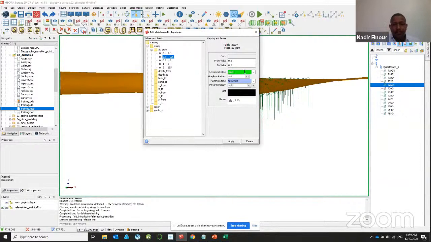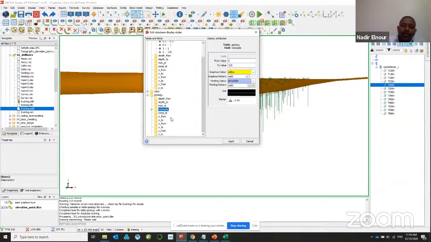This maybe is green. Maybe it's blue. Red. Yellow. Also, I can go for the geology and just from the rock code, I will just get the field code